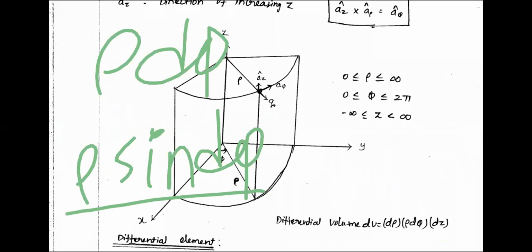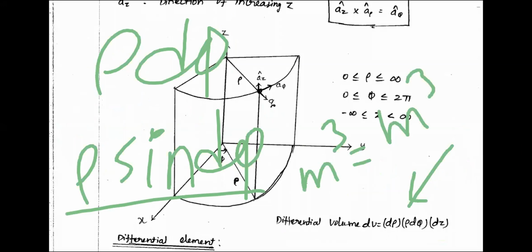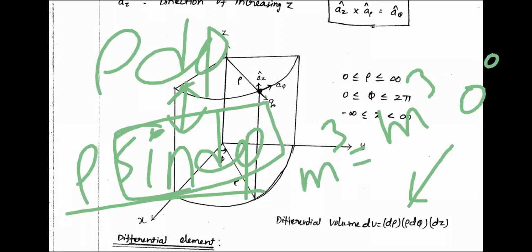Otherwise, if it is not correct, we will get a unit contradiction here. What unit contradiction? In this way, you will get meter cube and degree or radian, some kind of unit contradiction. If sin d phi is actually a number, then there is no problem, there is no unit contradiction. Please somebody verify whether rho d phi is derived from rho sin d phi. Yes, sir, it is verified. D phi is a small value, so sin d phi is the correct value, and it has been derived from that. It has to be like that, otherwise the units will not be satisfied.